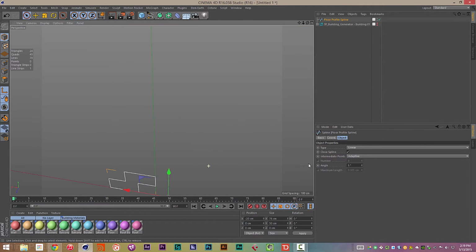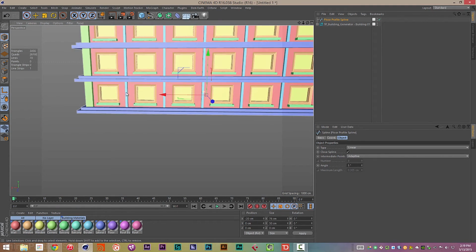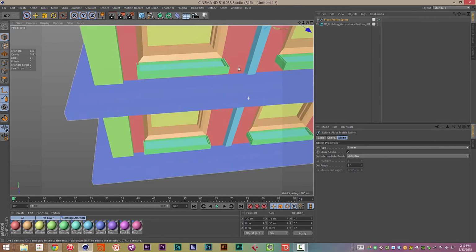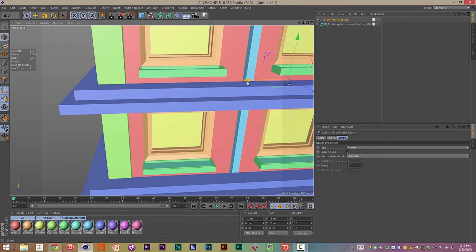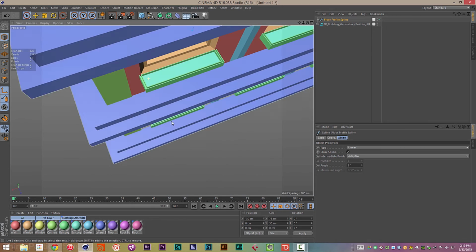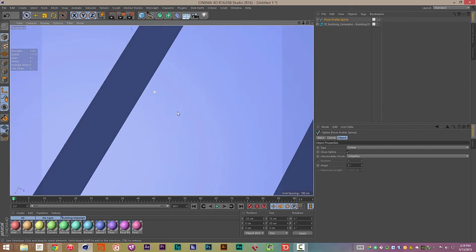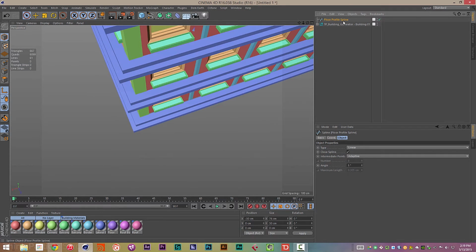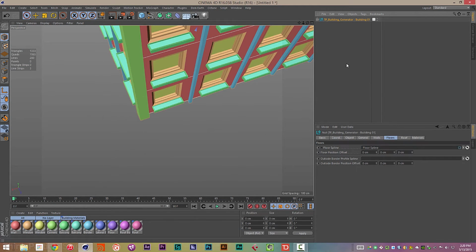So you'll notice that this is the spline that's going around the building, okay? And if we tweak this and pull it out on the x-axis right there, what that causes is that this will now move out and around the building, and it'll pull out. So if we do that a little bit more, just another 10 centimeters, you'll notice that it actually goes to the corners, but then we have these gaps in between, which could be really cool. So things like that. So we'll go ahead and delete that, and then we'll go ahead and replace it